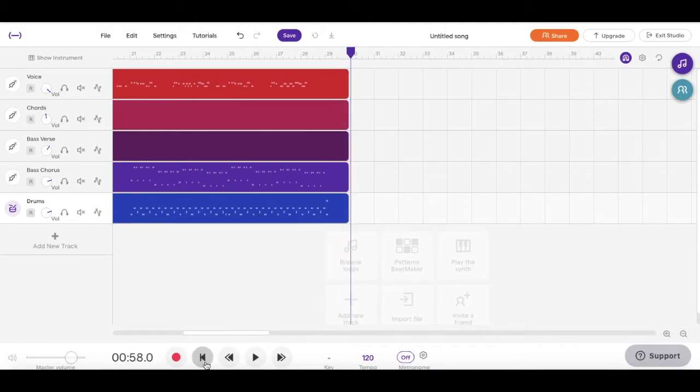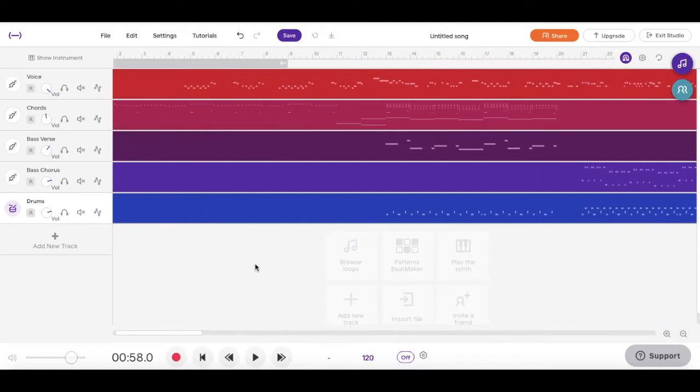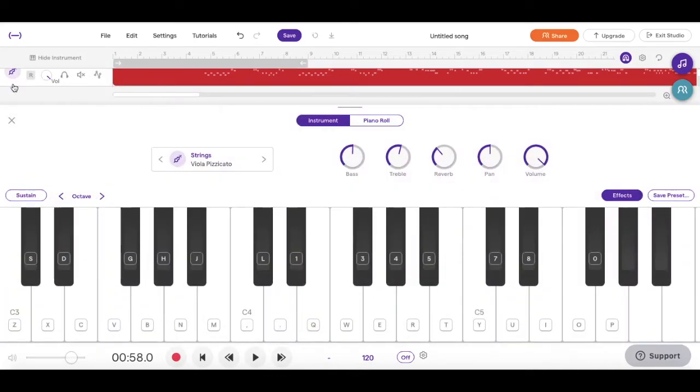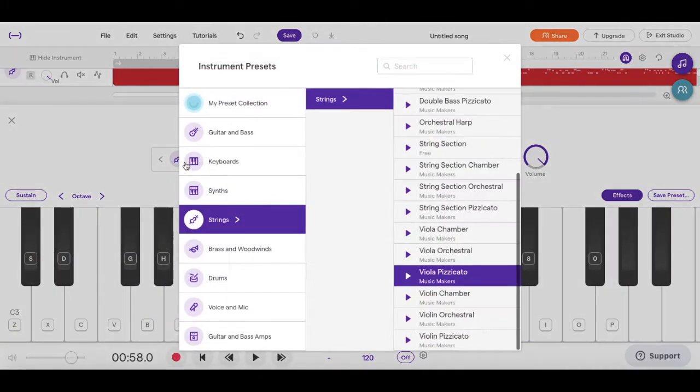Okay, so that was my strings arrangement of this song. There's a reason that this song is electronic, but if you were going to decide to have like a string quartet or a group of string instruments cover it, you could certainly do that, and it might sound something like that. If we wanted to try a new arrangement, this time let's change up our instruments, and maybe this time